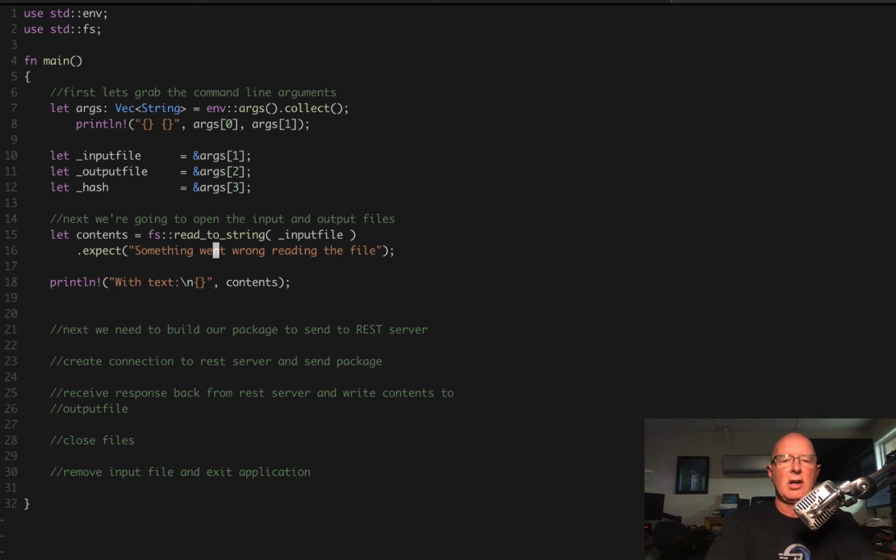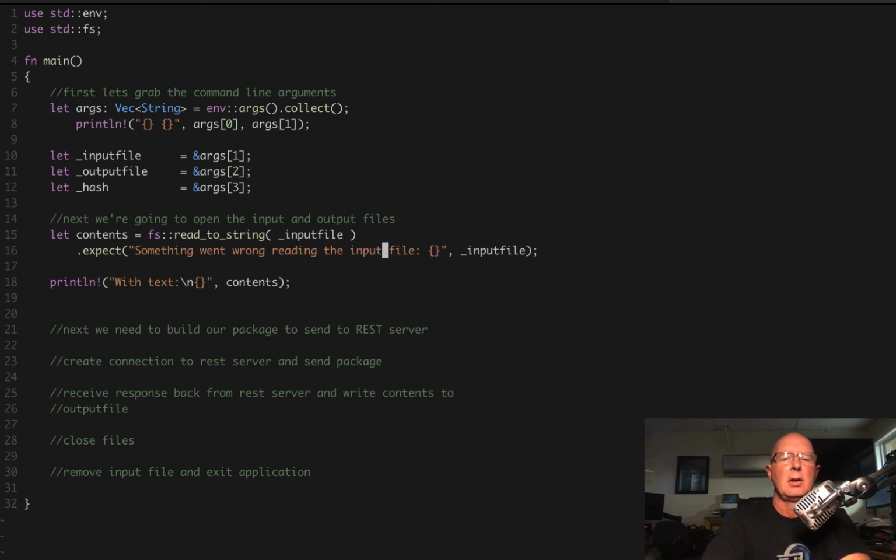Now, I'd actually like for it to show me the name of the file, so we're going to add this in here, put a comma, and put underscore input file. That lets us know exactly what file it is that it's having a problem with. In fact, I think I might change this. Something went wrong reading the, and then we'll say input